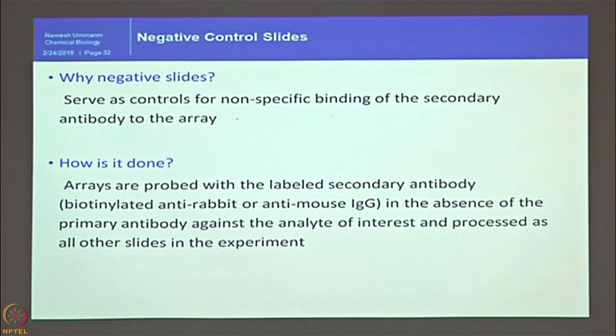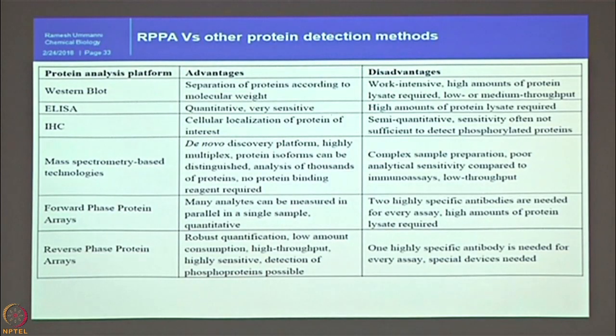There are some secondary antibodies labeled for infrared from different companies that behave completely different. So, now to summarize how RPPA is advantageous or not advantageous over the different methods for detection of proteins. First, we look at the Western blot. The advantage is separation of proteins according to molecular weight. So, now you know what molecular weight your target of interest is. Santa Cruz will give 10 different lanes, but you know which molecular weight you should look for.